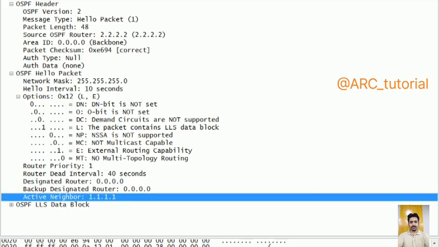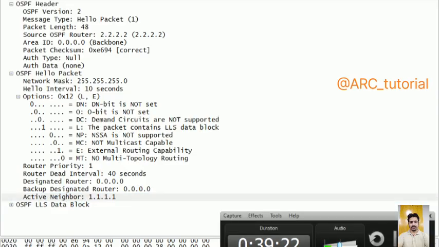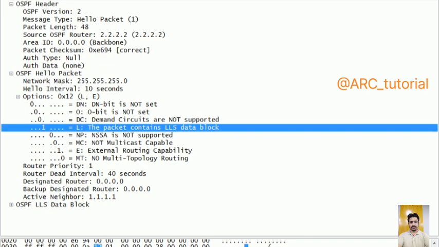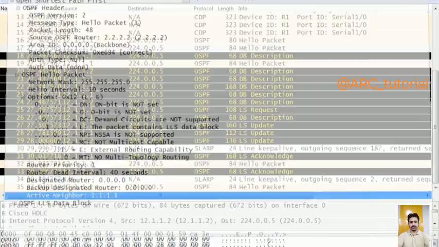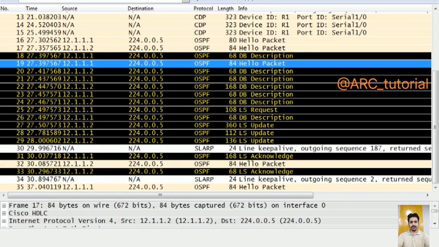See, the hello packet generated by R2 is containing its neighbor router ID. So once R1 receives it, it will move into two-way, because R1 will get its own router ID inside the received hello packets. Fine. So here you can see that the active neighbor is 1.1.1.1, and once it moved into two-way state, it immediately generated